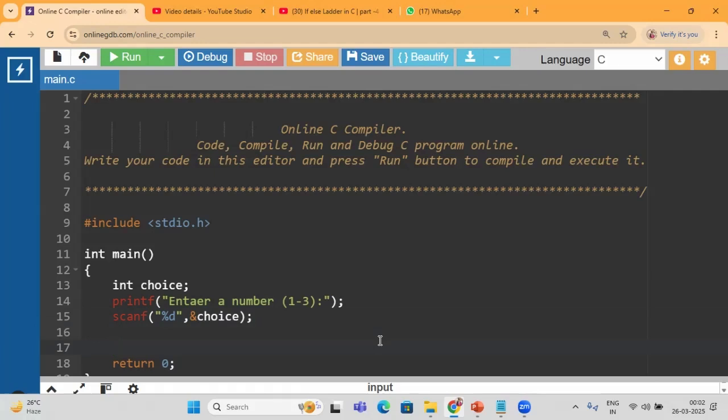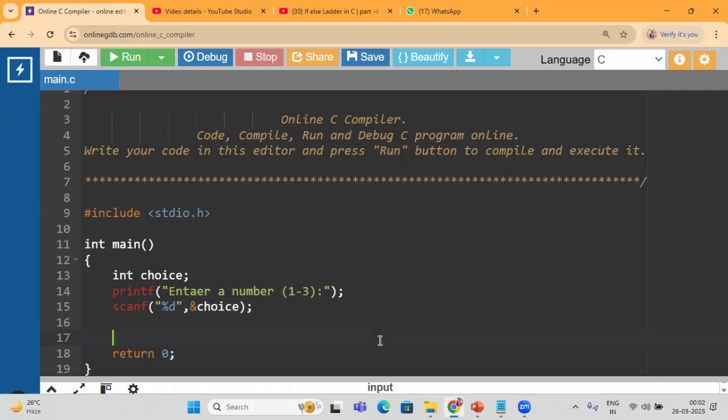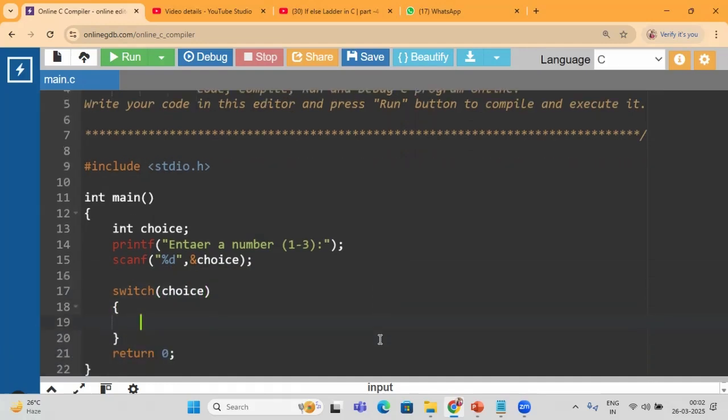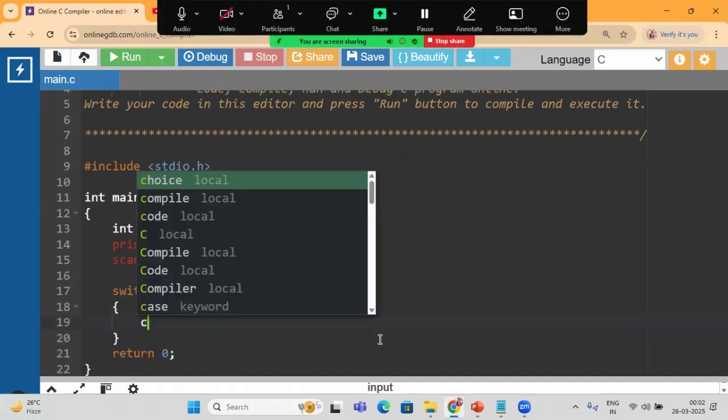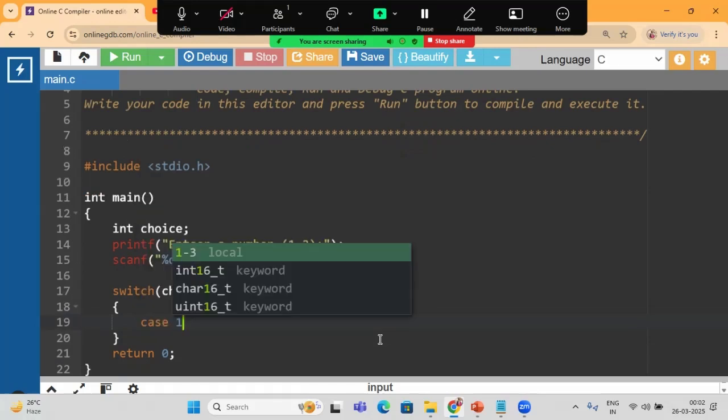After that, we have to write the switch case. So switch, choice, then the brackets. After that, we have to put the cases. Case 1,